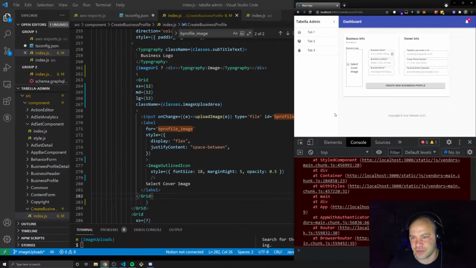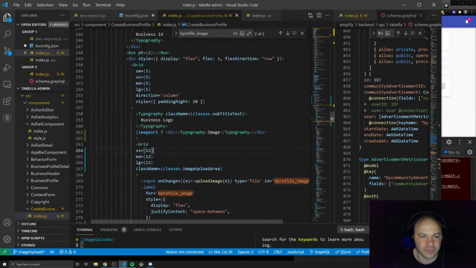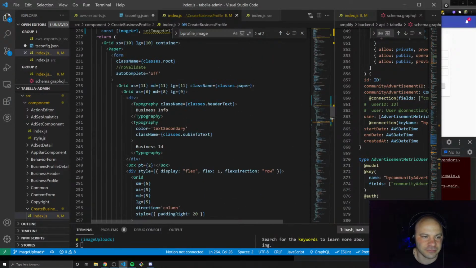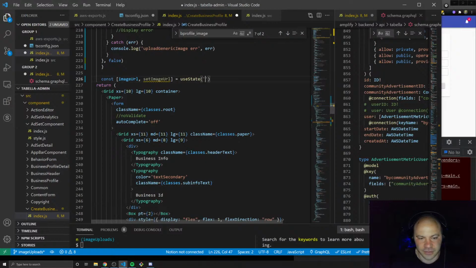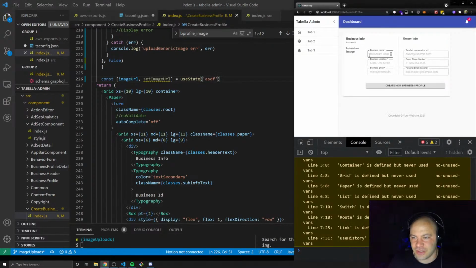It should auto refresh, but all right, see, we have no image here. Now, we could test this out, and I could say, I'm just going to put something in here just to test. Now, that should change the UI, and see, now we see the word image. Okay, so